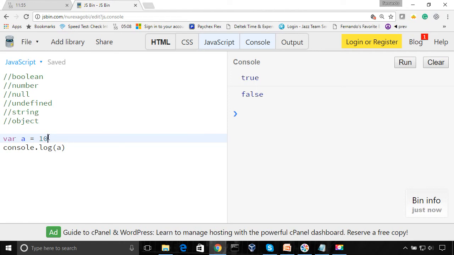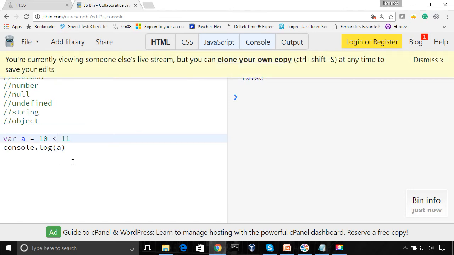We could say if 10 greater than 11, and that statement in this case is false, so it should give us false. So let's clear the screen and let's see what it does. And let's do it again. Okay, and it gives us a value false because 10 is not greater than 11. But if we were to do something like this,